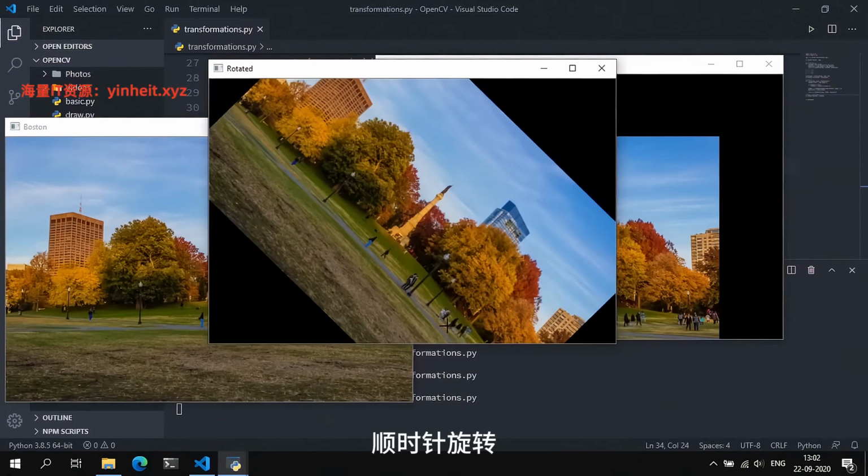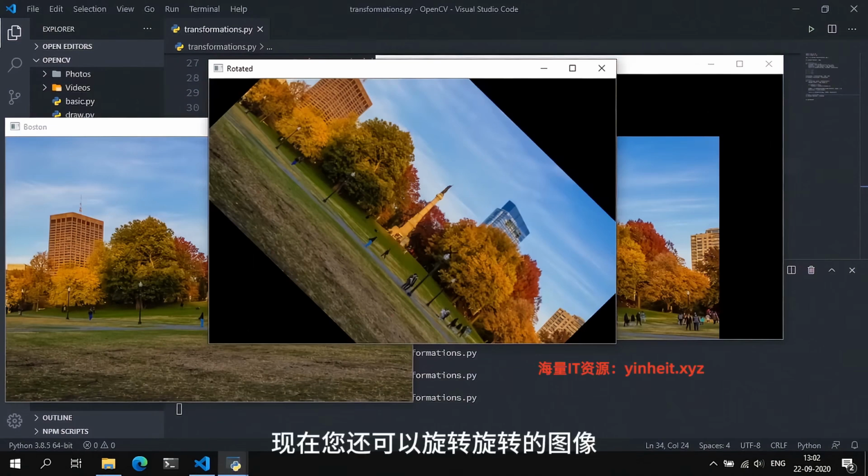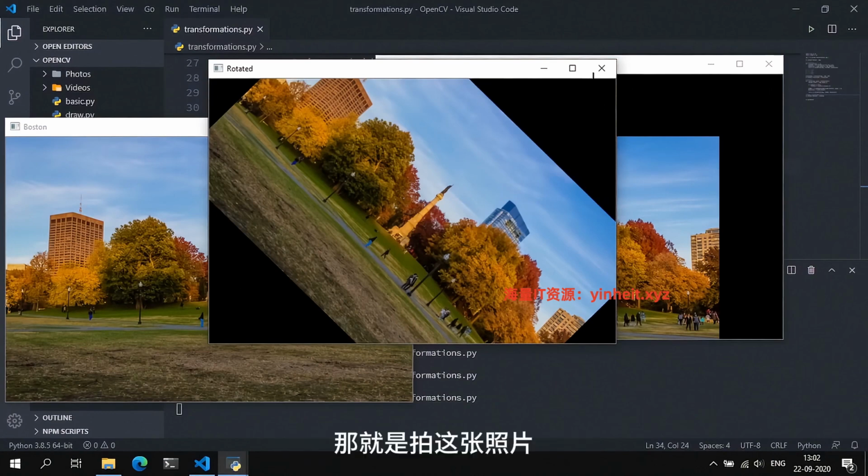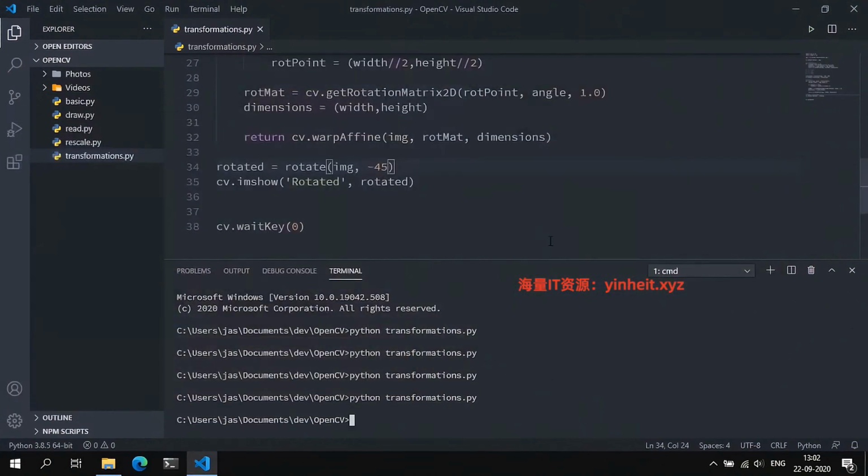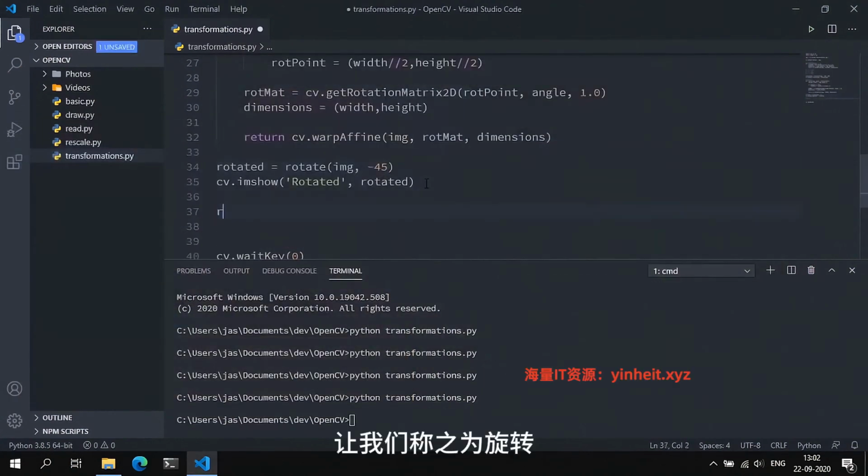Rotated clockwise. Now, you can also rotate a rotated image. That is, take this image and rotate it by 45 degrees further. So let's call this rotated